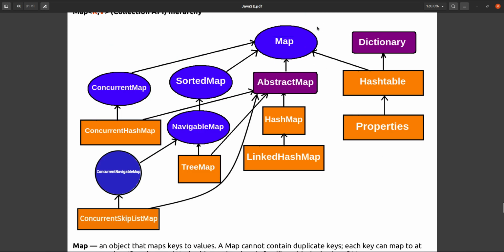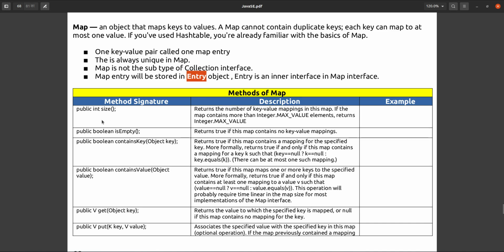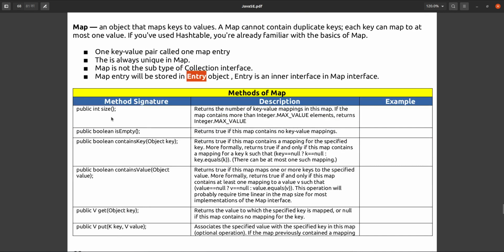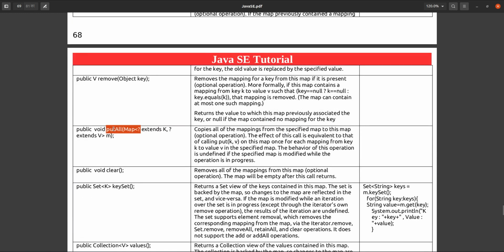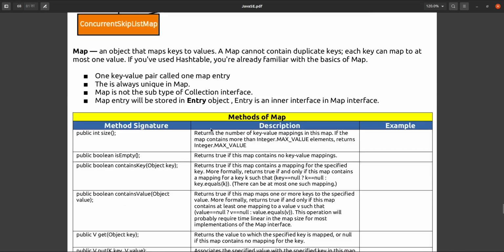Inside the Map interface, one inner interface is provided that defines the entry object, and using that entry object we can store a key and value pair. Here are some of the methods defined in the Map interface: size, isEmpty, containsKey, containsValue, get, put, remove, putAll, clear, keySet, values. We will see these one by one.